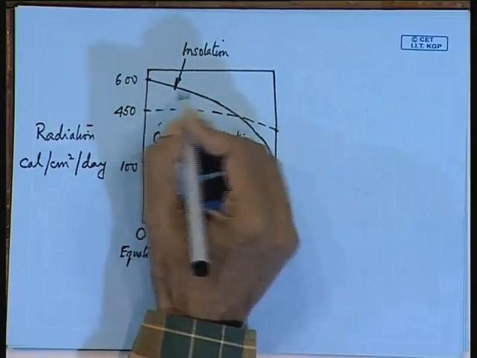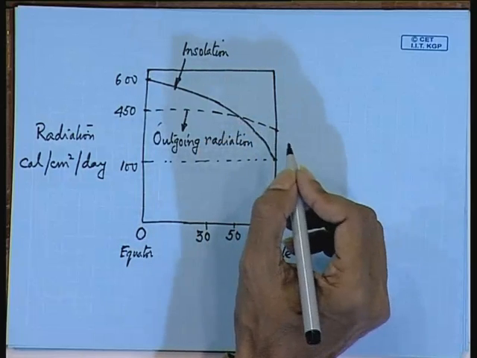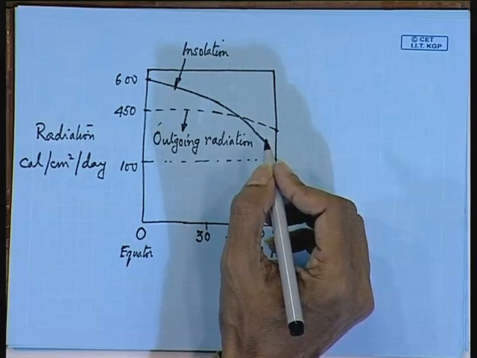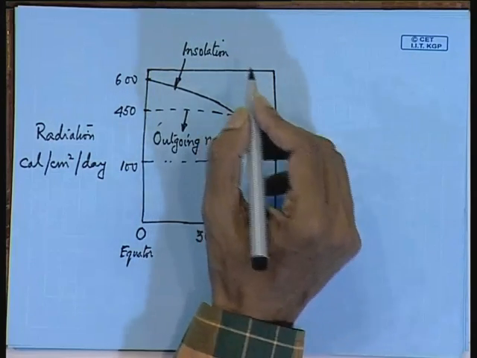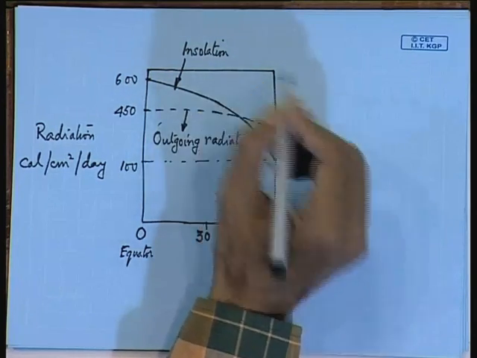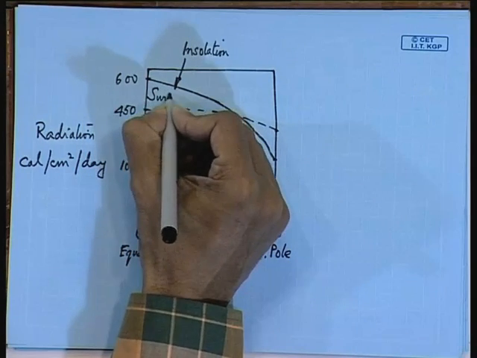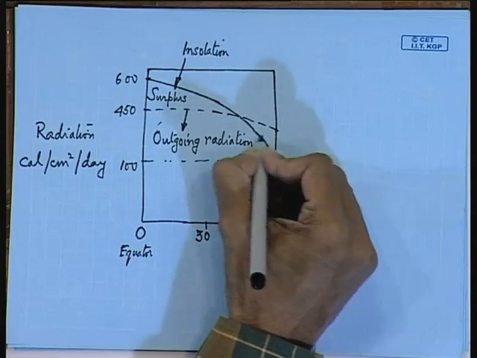In this region where insolation is greater than your outgoing radiation, which should occur somewhere around 30 degrees, from my graph it is coming more. So, you have surplus,